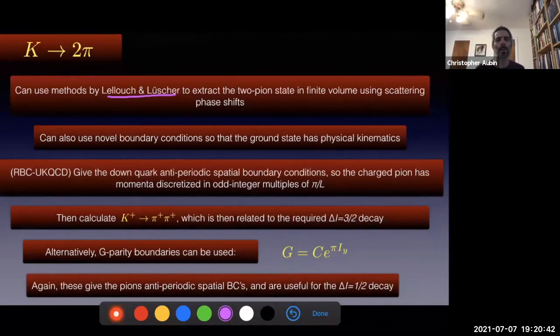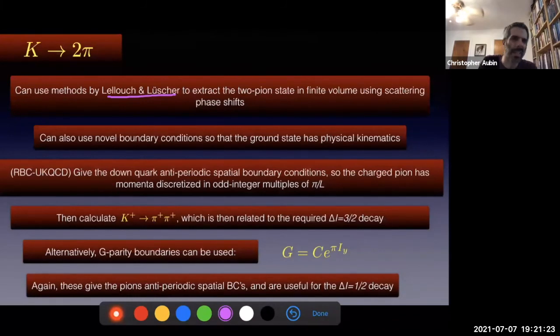But something that's a little bit easier to wrap our heads around here, I think, is to just play around with the boundary conditions. This is something that was done initially by the RBC collaboration and then by the joint RBC UKQCD collaboration. If you start changing the boundary conditions of our quarks, then you're going to start changing the restrictions on the momentum. So with ordinary boundary conditions for the quarks,